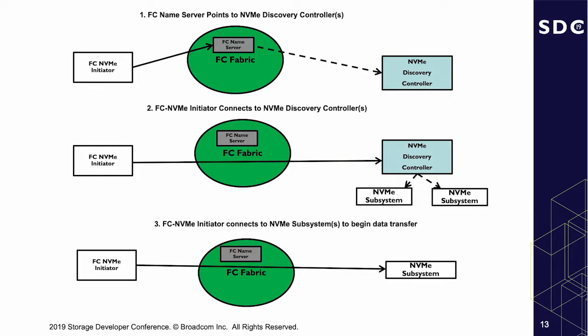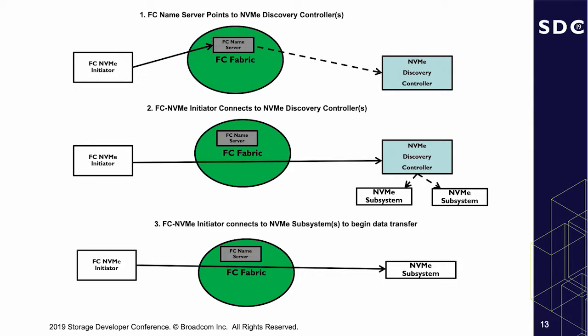So I'm going to start off with how we connect. Many of you who don't know about Fiber Channel, I was one of them. I come from the Ethernet side. So the first thing it does is that it knows where the name server is. Like, I used to work for 10 years in iSCSI. iSNS was a big pain. Everybody knows that. So here it knows there is a well-defined address to which it can go and talk